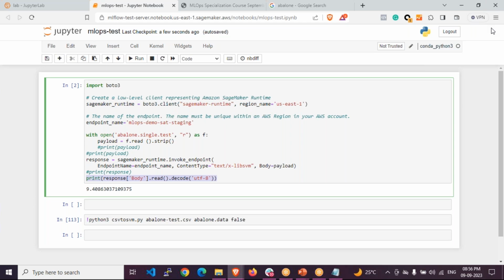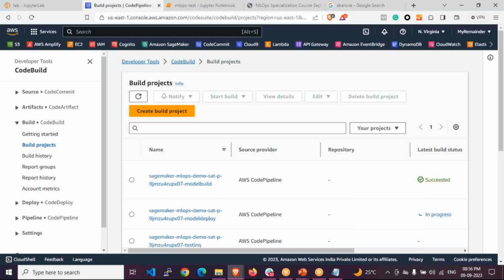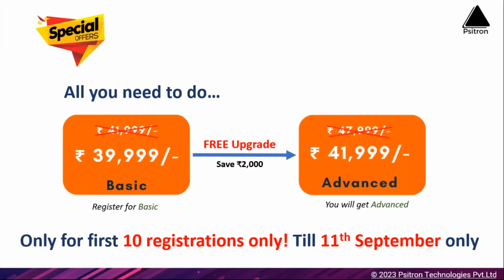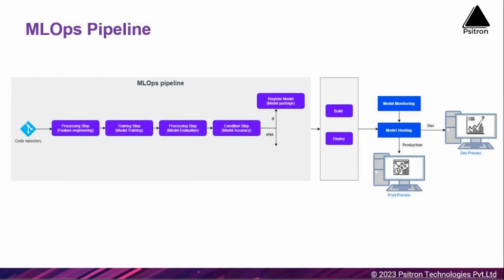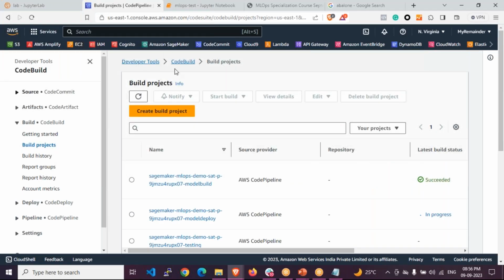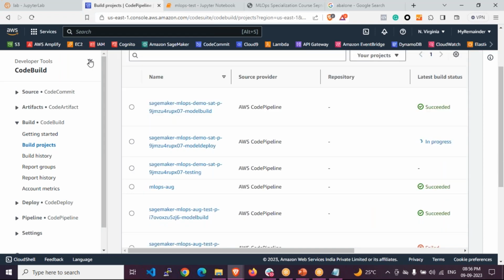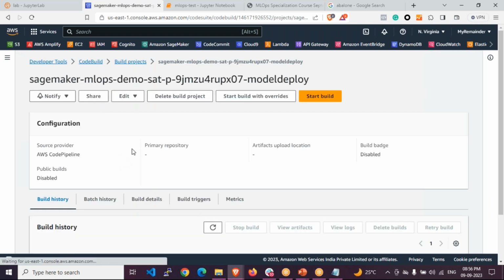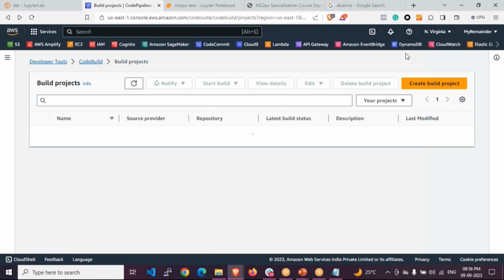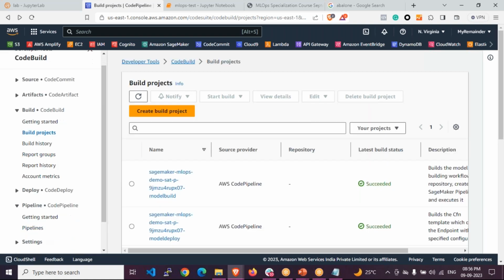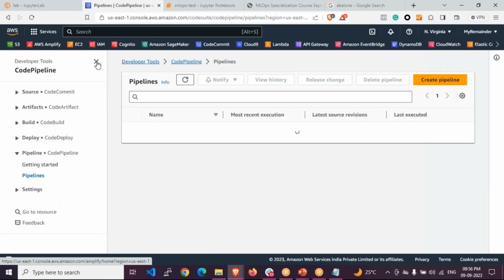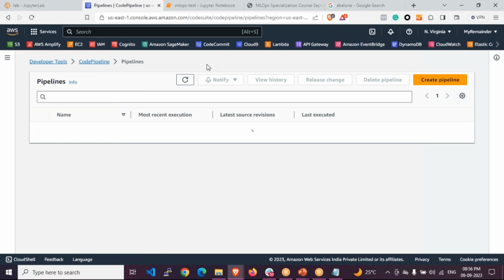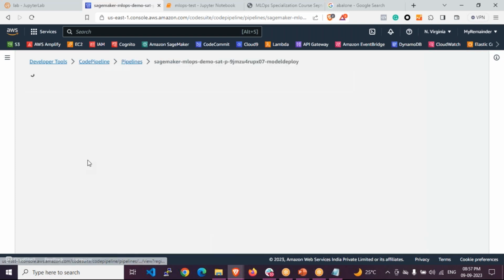So how do I deploy my ML model to production? In order to deploy your ML model to production, according to the architecture that we are discussing, we're going to use AWS CodePipeline, as you see as part of the architecture. So now I'm going back to the CodePipeline console. You can see I'm in CodePipeline, and there is one pipeline in progress. I will go to that particular pipeline, and here you will see the pipeline that I built. Let me go to my pipelines, and here you can see one pipeline which is in progress. If I go to that particular pipeline,